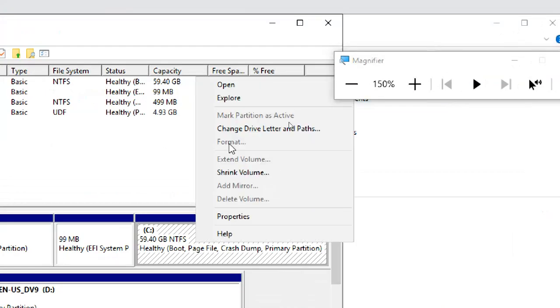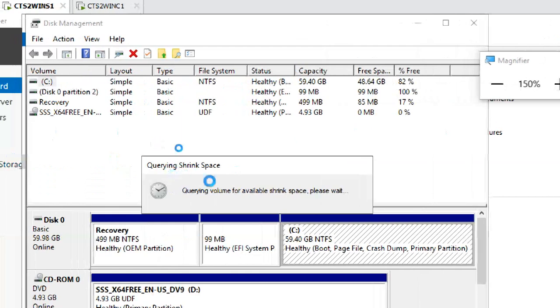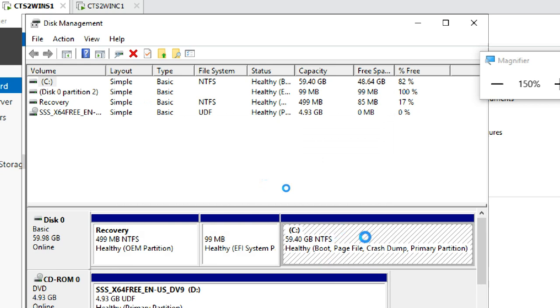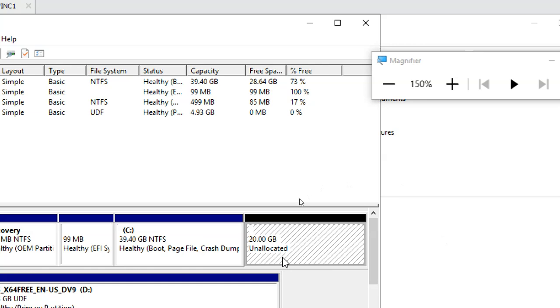So right click the C drive, shrink volume. Now it is showing 50 GB of free space available. I want 20 GB, so 20480 MB, which means 20 GB. See, 20 GB unallocated.